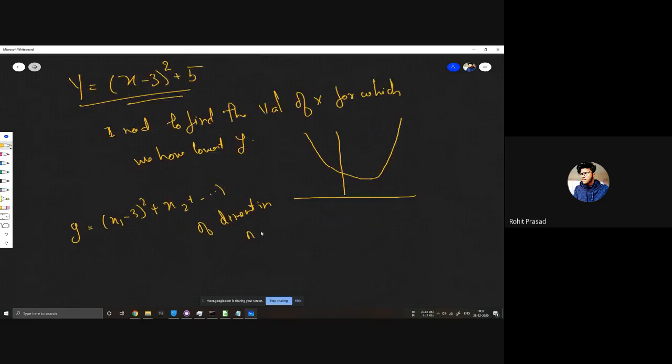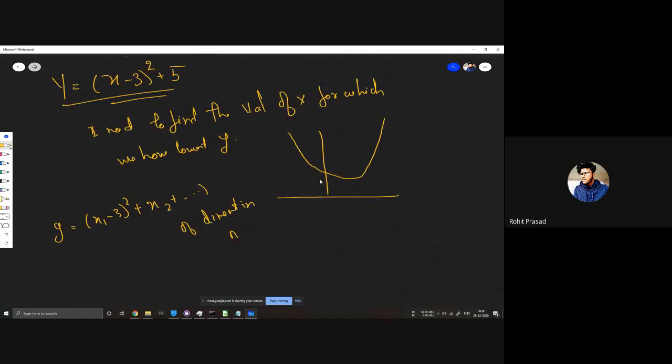Like there are n number of variables that affect your y. So for that we can't just plot a graph and find the minimum value of y. That is doable only in 1D, 2D, and 3D.